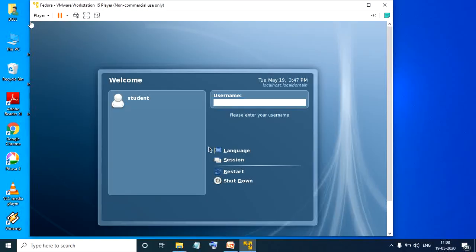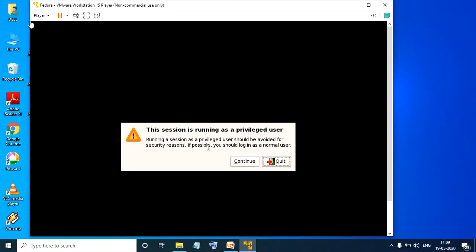Okay. Once it is opened, we need to put in your username and password. The username we have is root, and the password we have put is 123456. So when you come back to your labs, the same username and password will be there, and you will be using the same thing. Here you need to press continue.